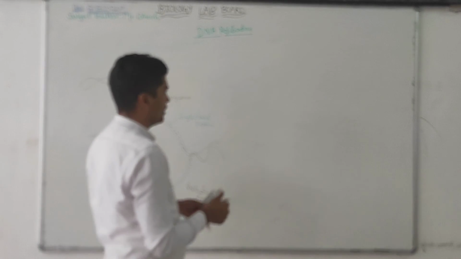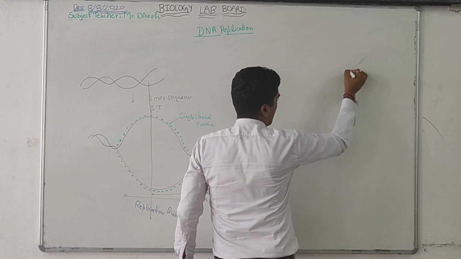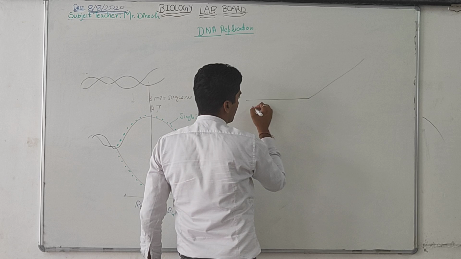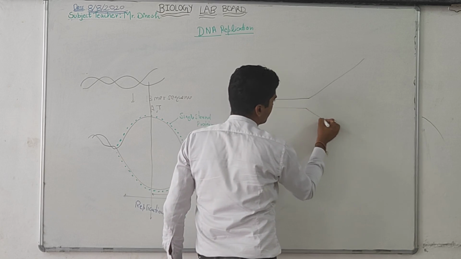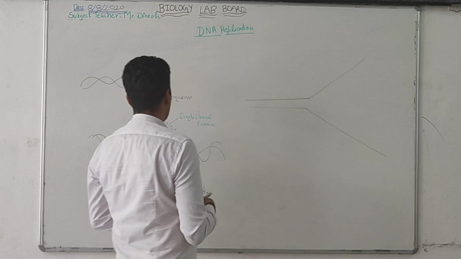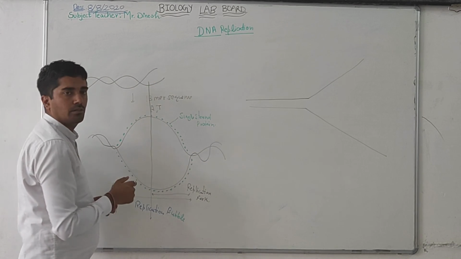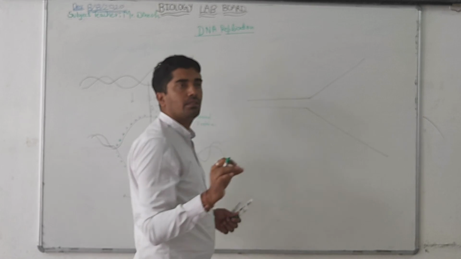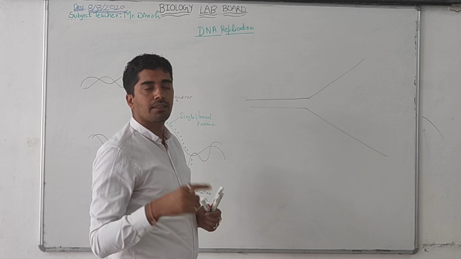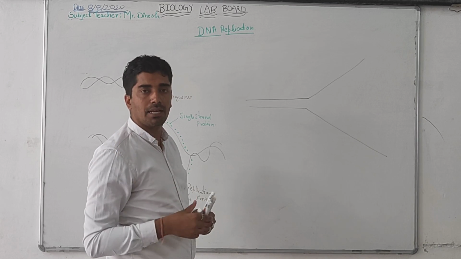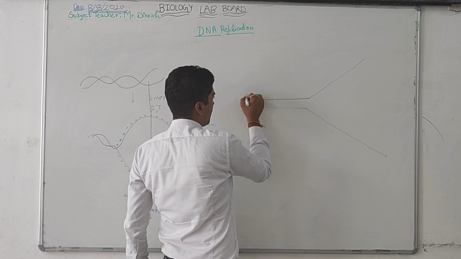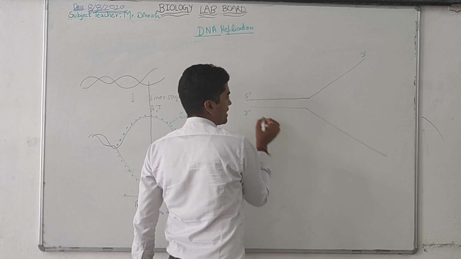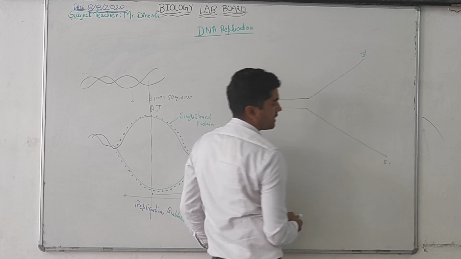So you just give a look. That is half of the strand in this pattern and the remaining strand will be here. So this half portion, either this one or that one, no problem at all. What we have seen in the structure of DNA is that the two strands run anti-parallel. It means there will be one 5' end, another will be 3' end. Similarly, there will be a 3' end and a 5' end.